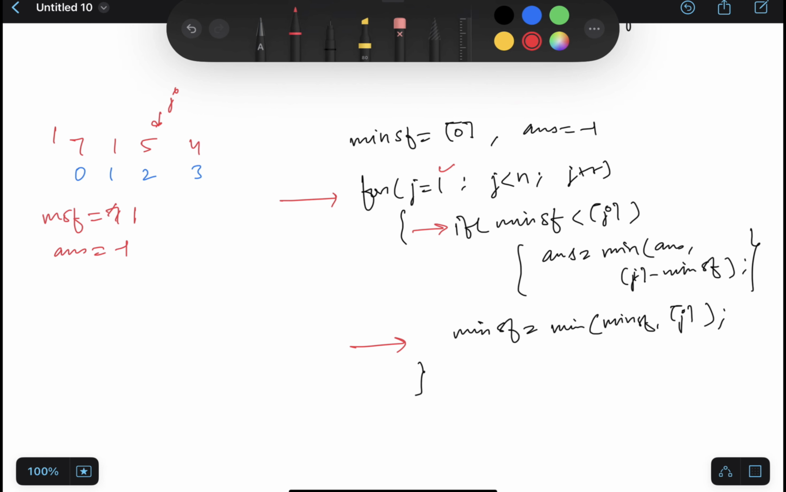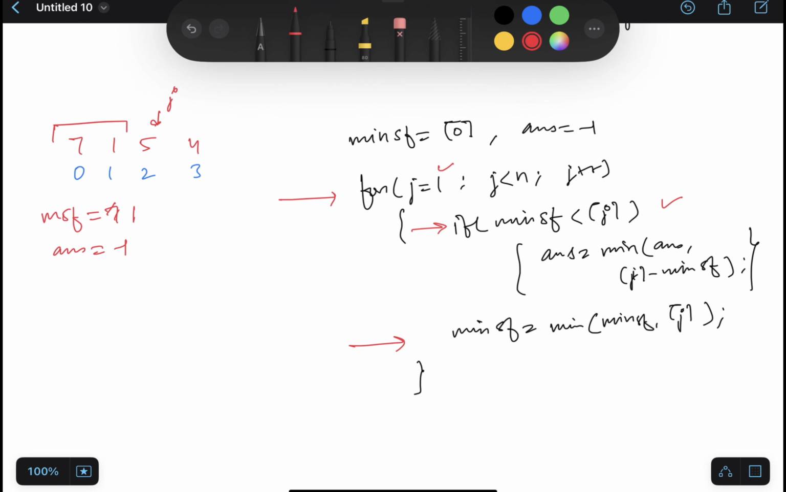Now this minimum so far is going to hold the minimum value from the previous range, so that will work as a valid i. So minimum so far is 1 and j is 5. If it is a valid pair, then capture j minus minimum so far, which is 5 minus 1, which is 4. Capture 4 means if it is greater than,